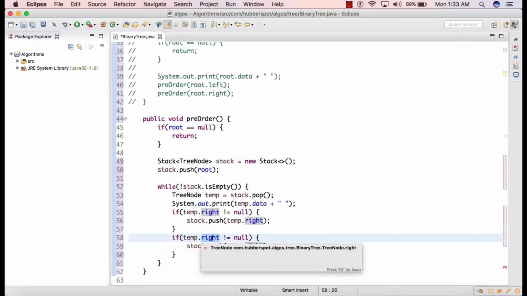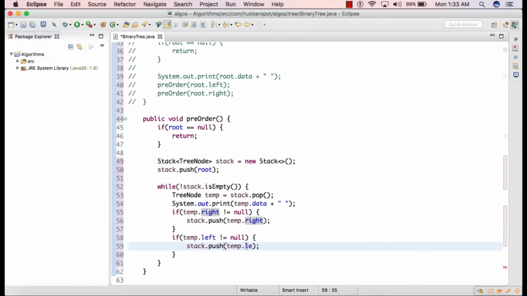So here if temp left is not equal to null, then we'll simply push temp left on the stack. So friend, this is the iterative version of pre-order tree traversal.